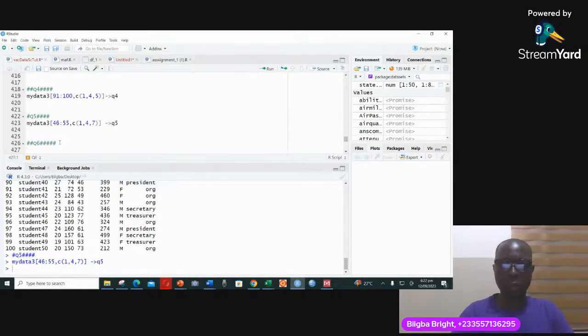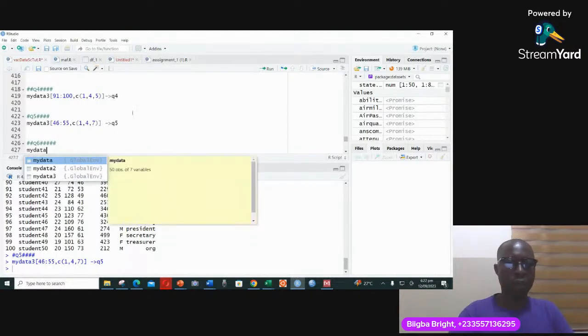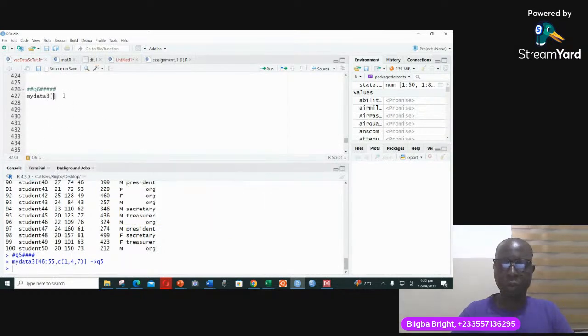And so it's the same data set. My data 3 here. Use your square bracket like this. Here we have to use C on this side to be able to extract all the data that we need, because we're not extracting data that is in sequential order. So every fifth person. So we start from row number 5, followed by row number 10,